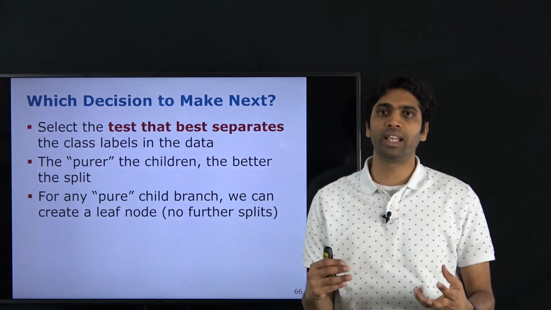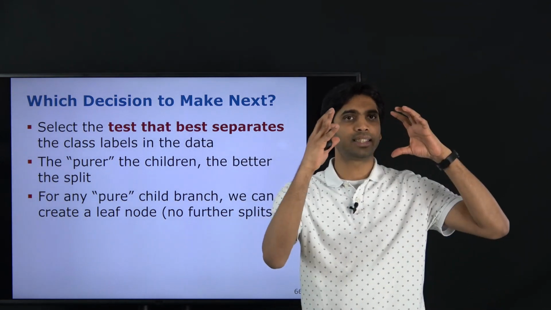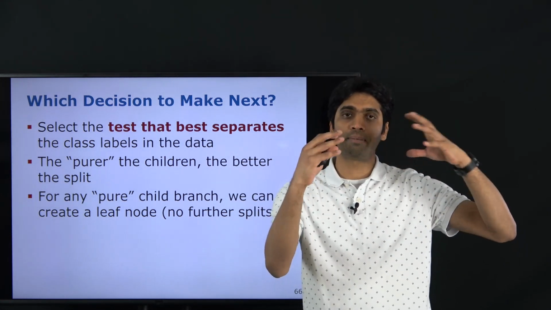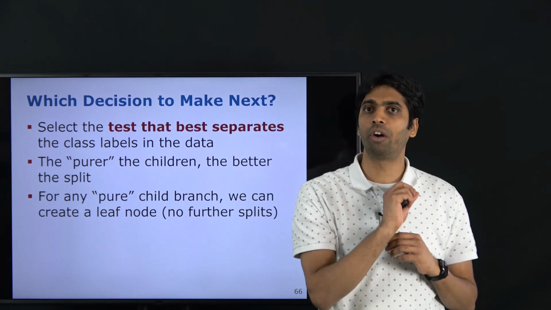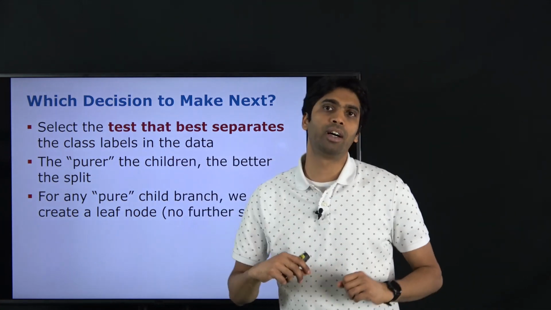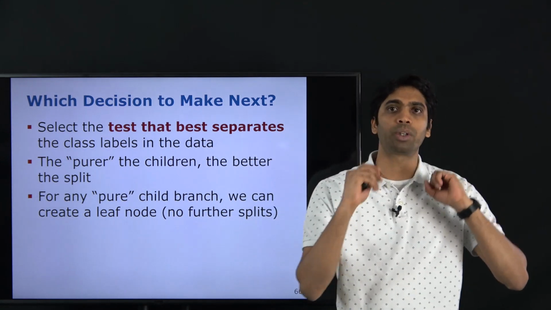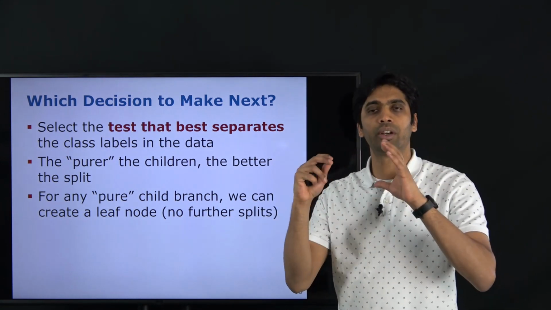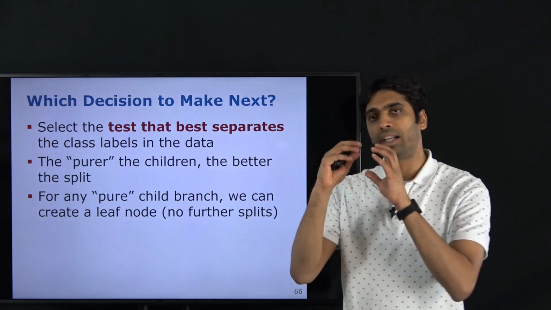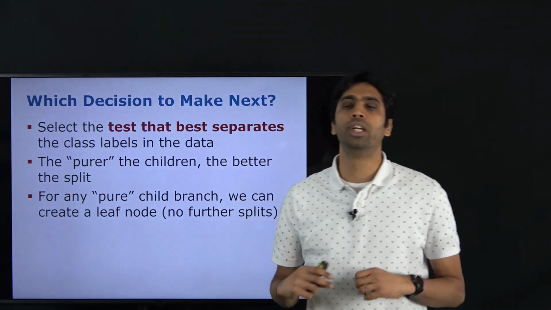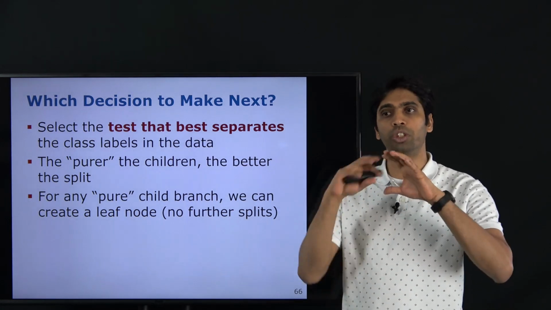And when I say pure here, what is meant is that, let's say, the yes corresponds to a lot of sample points of class 1 and very few of class 2, and vice versa for the no. So essentially we should ask that question which separates out a major chunk of your training data into one set and another smaller part of the training set into the other one. So we always want to ask those questions which make these kind of